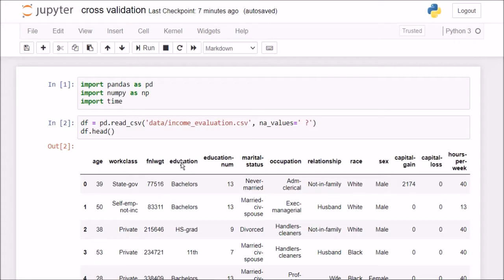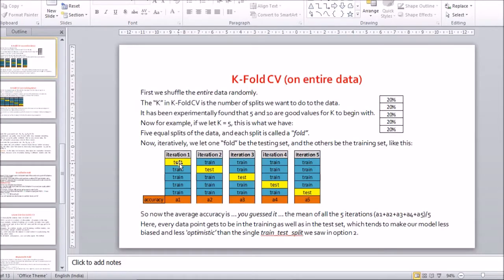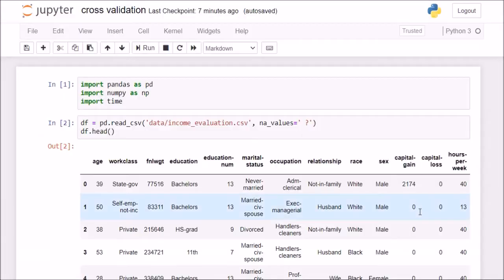In this session, we are going to be looking at implementing cross-validation on this income evaluation dataset. This is going to be very interesting because we are finally going to apply what we saw in the theory lecture before, where we split our dataset into 5 equal folds, and we set 4 folds to be the training fold and 1 to be the testing fold, and changed the testing fold at each iteration, and then calculated the 5 accuracies and took the average. So this is what we are going to be implementing in this lecture.